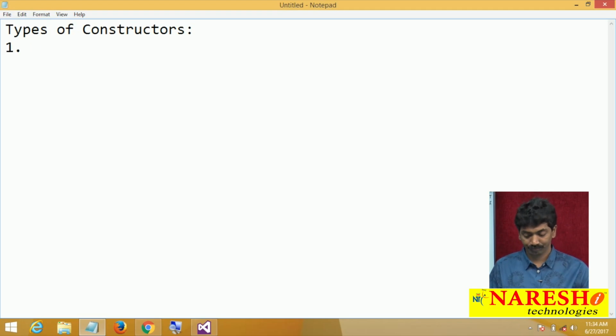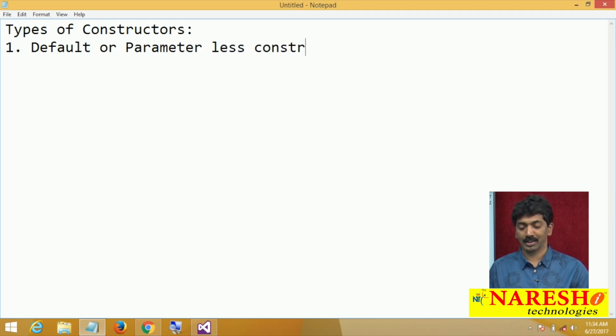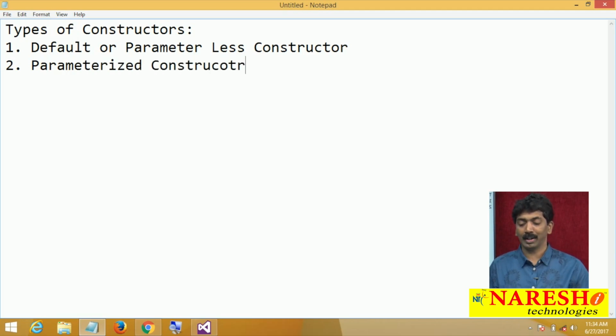First, a default or parameterless constructor. The first category is default or parameterless constructor. Second, parameterized constructor.